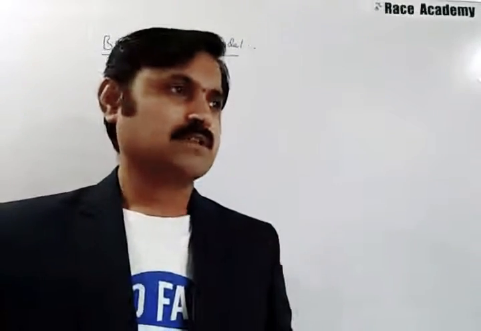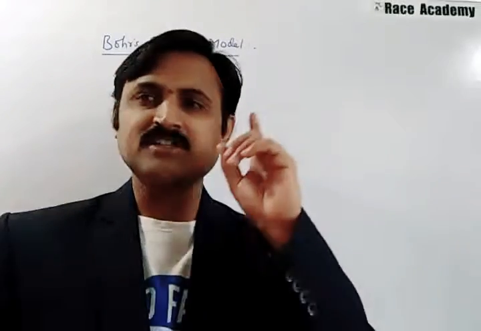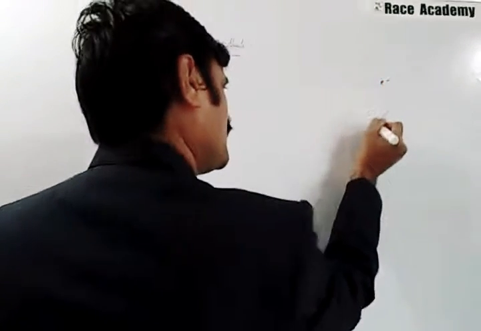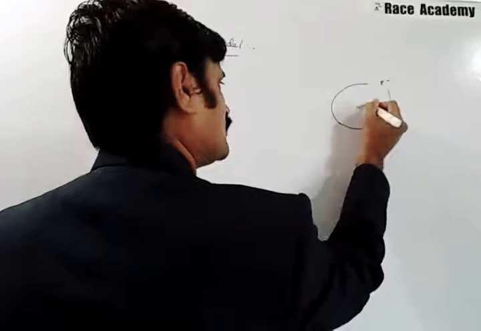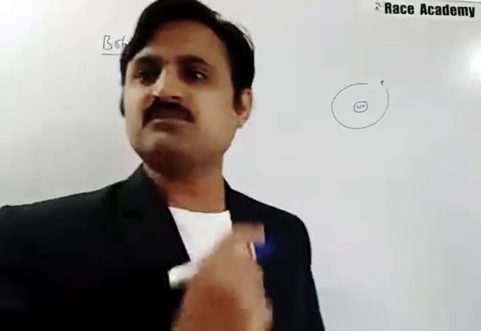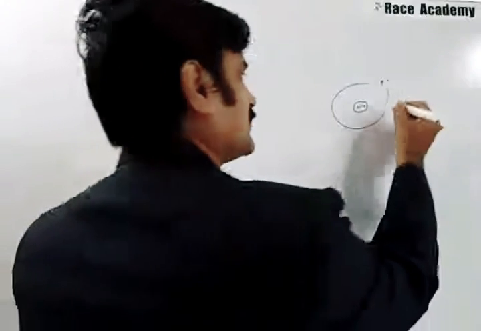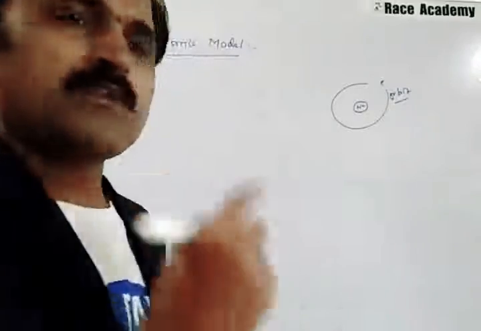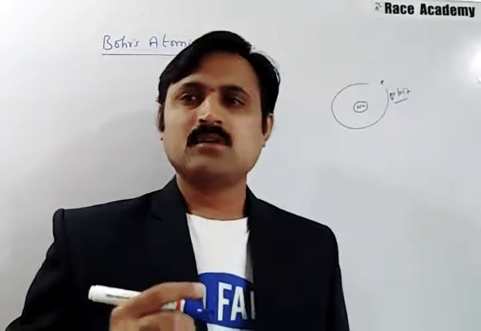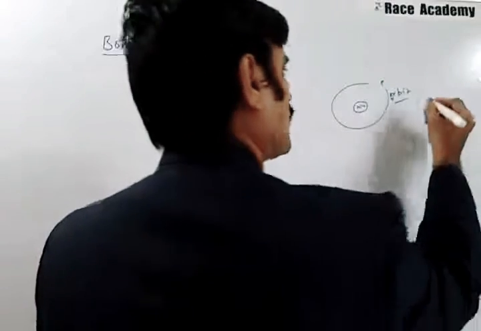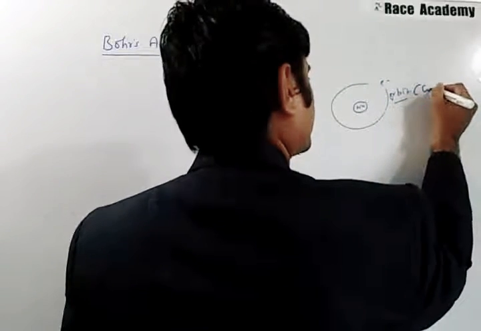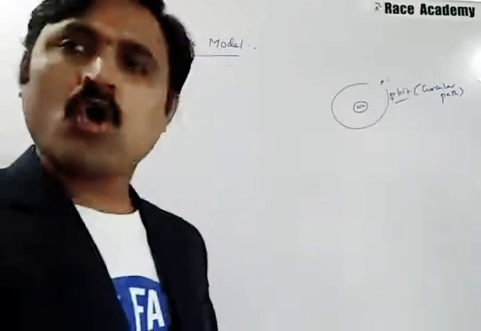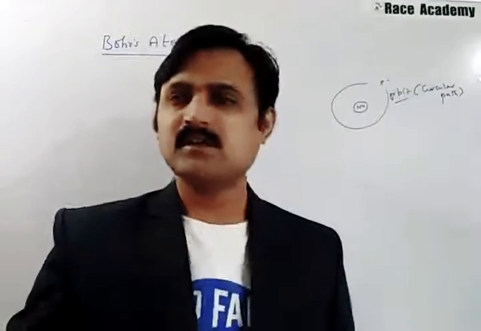The first thing you can say is that the electron is said to move around the nucleus. The electron is said to be revolving around the nucleus. That is the most important point. Electron revolving around the nucleus in a circular path; this circular path is called an orbit. That is the first important thing we have to learn.